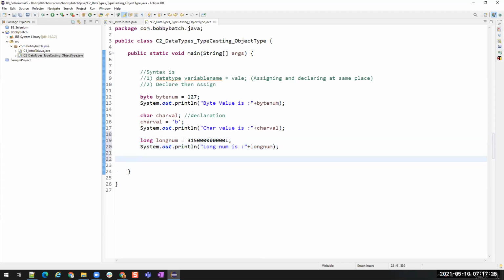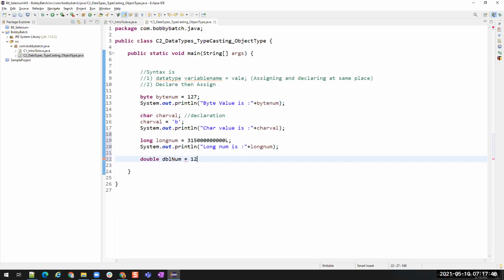And then we have double. In double, this is specifically used for decimals, right? So I can store only decimals.